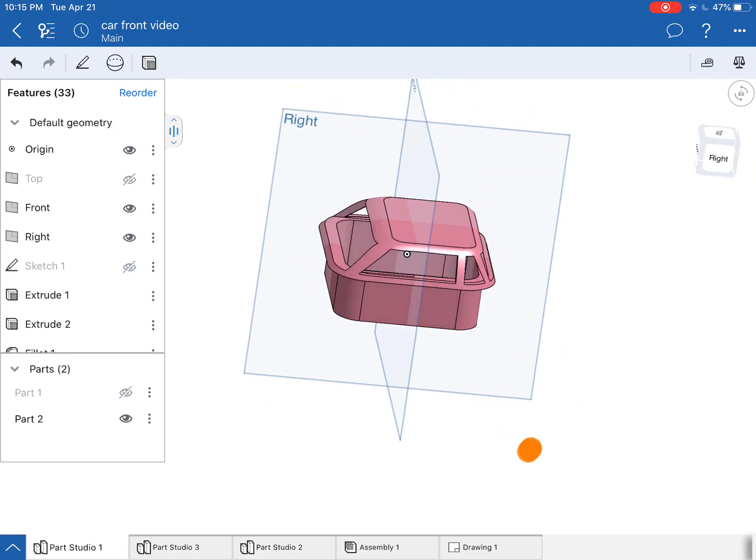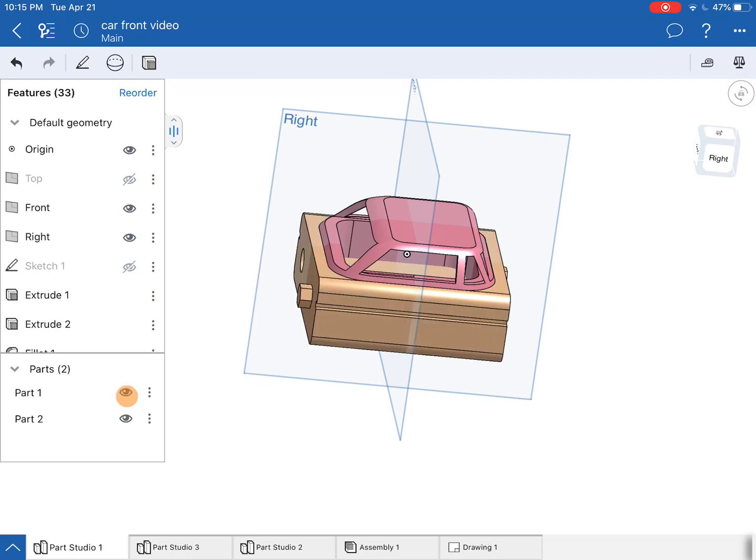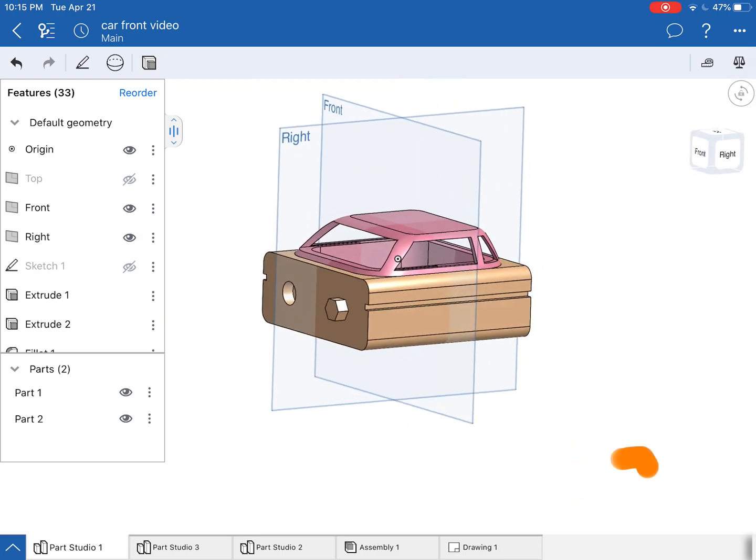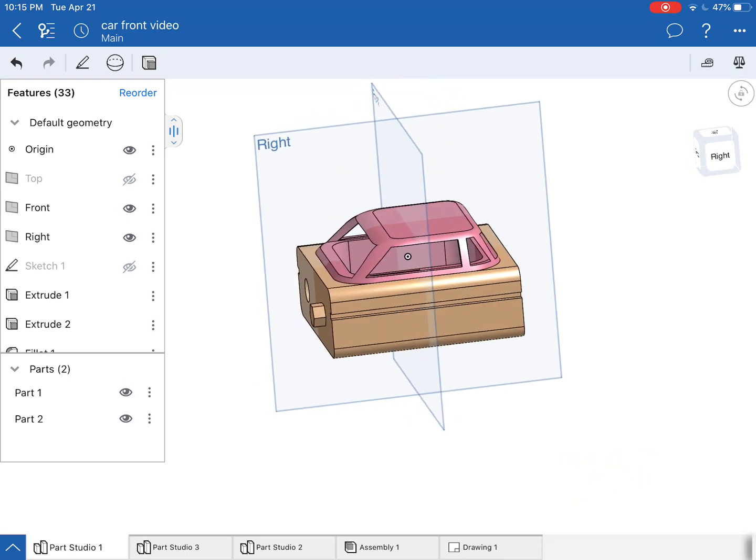Okay, well, there you go. There's the windshield feature. If I turn on part 1 again, it is now inserted into